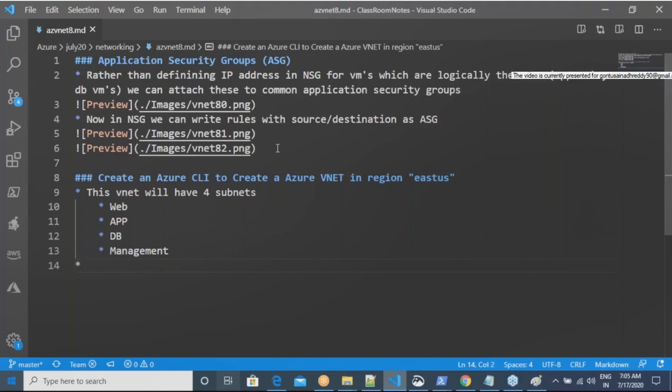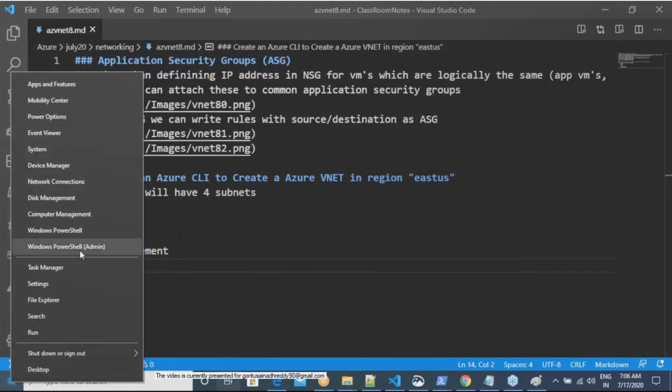First, let us start with this. Now, what do I want to do? I want to do this from Azure CLI. I'm quite sure I've given you a link on how to install the CLI. Is the CLI installed on your machines? If the CLI is installed on your machines,